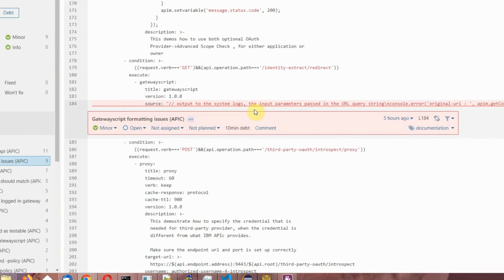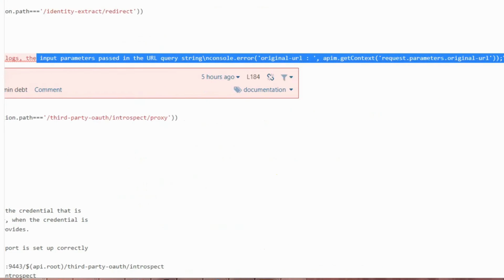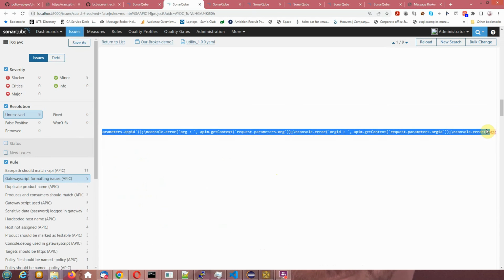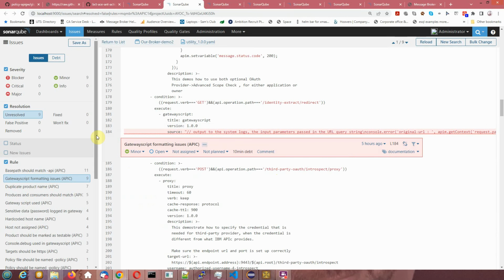This one here is indicating the whole gateway script is in one line. So this itself is actually really hard for a developer to read if they were looking at this code, because you can see the whole thing is in one line. So that's what we call issues or violations relating to the configuration, and at the moment we've got about 15 of those configuration issues that get flagged in Sonarqube against the policy